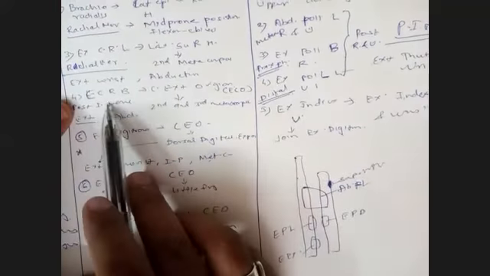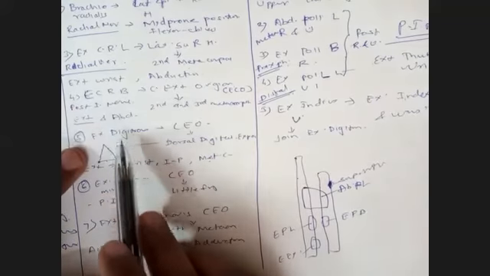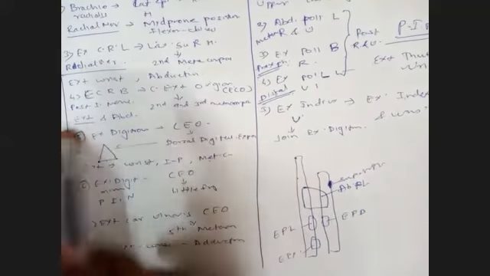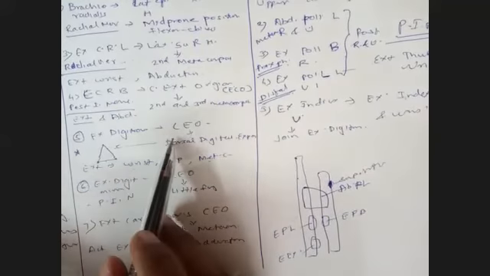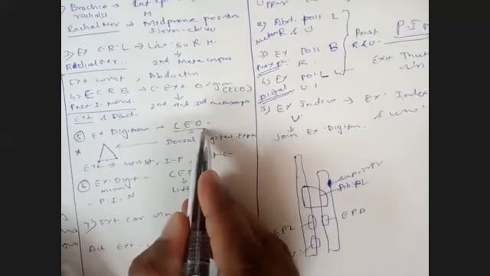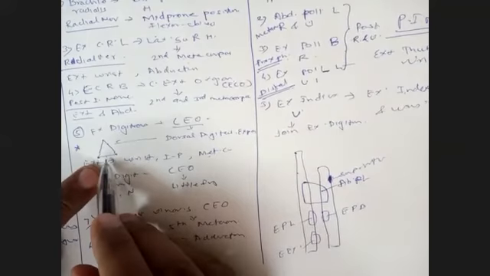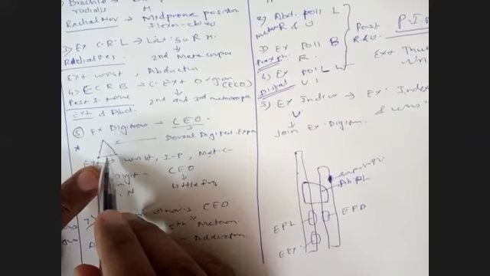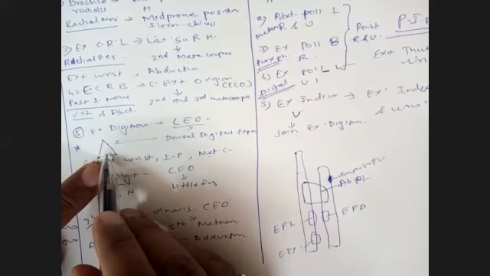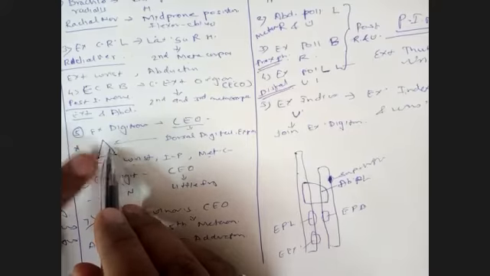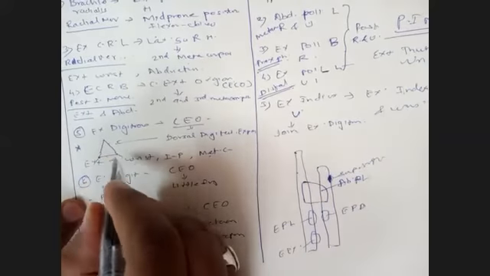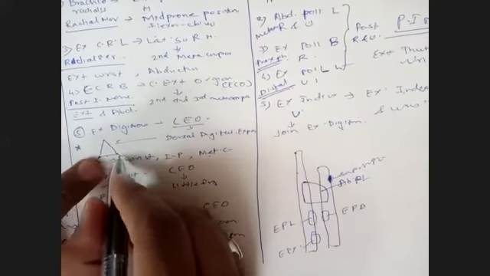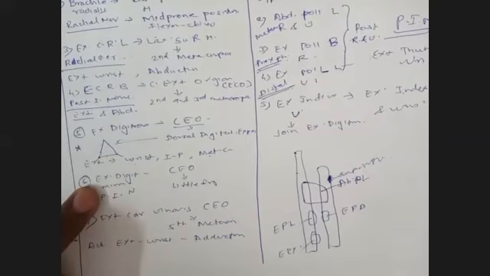Okay, so extensor carpi radialis brevis will be supplied by the posterior interosseous nerve. Extensor digitorum takes origin from the common extensor origin, or CEO. Its insertion is slightly different, called the dorsal digital expansion. At the proximal phalanx, the tendon splits into an intermediate and 2 collateral slips. The intermediate slip gets inserted on the middle phalanx, the collateral slips get inserted on the distal phalanx, and to the corners of this triangular space are inserted the lumbricals and interossei.